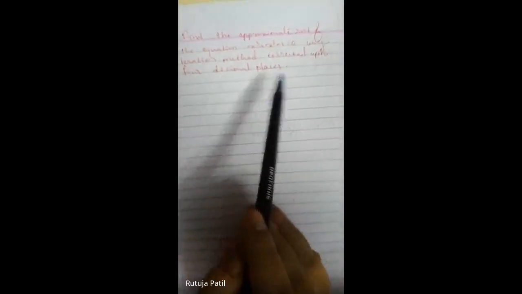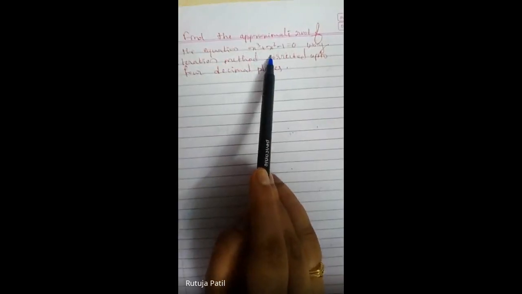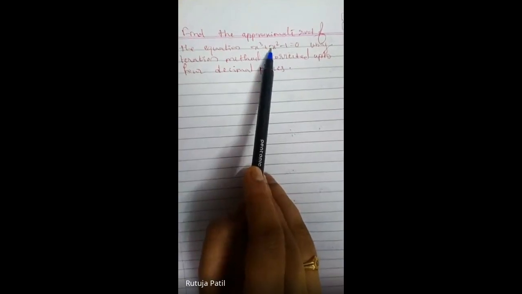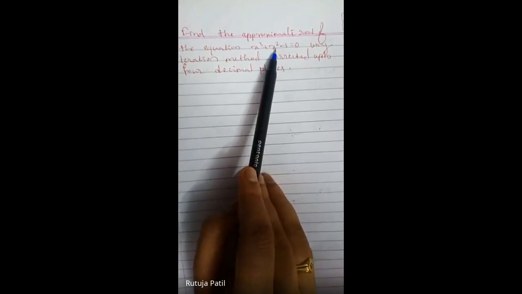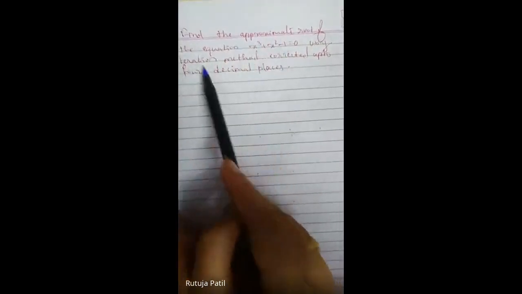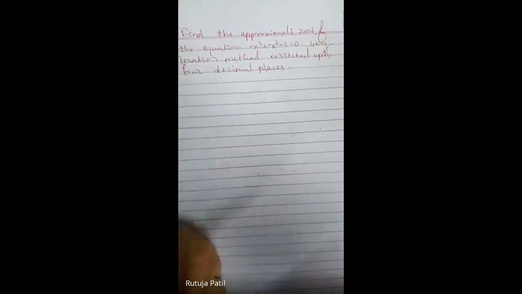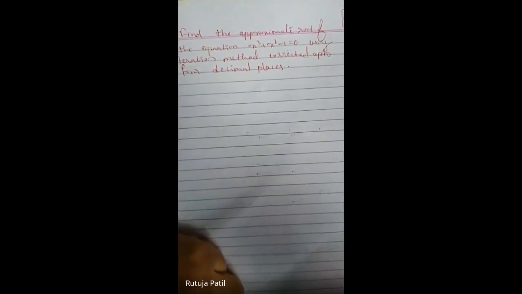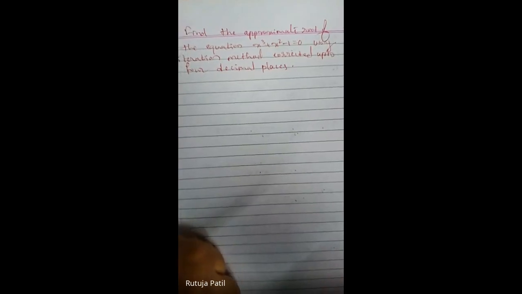First thing is we have to check whether the given equation is in the form of f of x equals 0 or not. See here, the given equation is x cube plus x square minus 1. Is it in the f of x equals 0 format? Yes, it is, so no need to do any conversions. Now check, have they given any root intervals here, or that the root lies near something in the question? No, they have not given. So we need to find the interval values now.